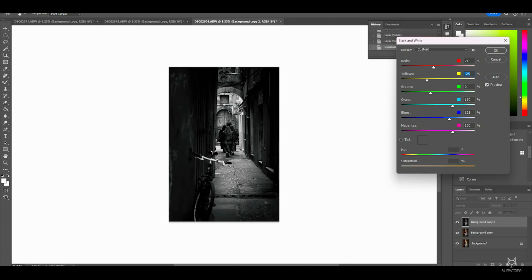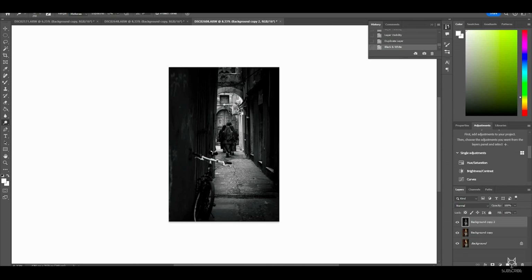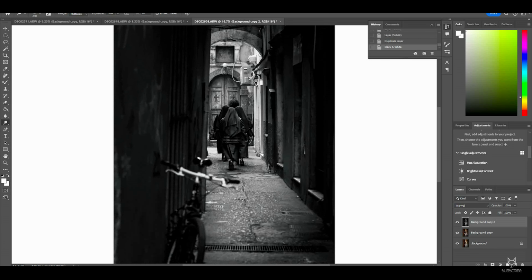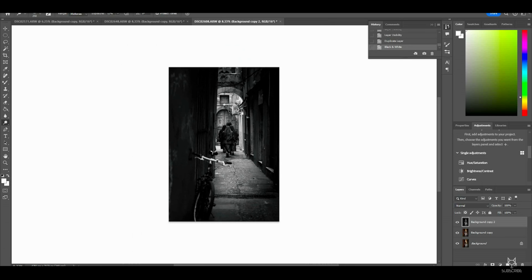So again, we'll look at the before and after, before and after. And yeah, I actually think I prefer the black and white. So after all of that, all the color manipulation, we're going with the black and white. But that's what I mean. Unless you have a predetermined edit in your mind of what you want this image to look like, which I find I don't. Most of the time it's get it into Photoshop, get it into Lightroom, have a look